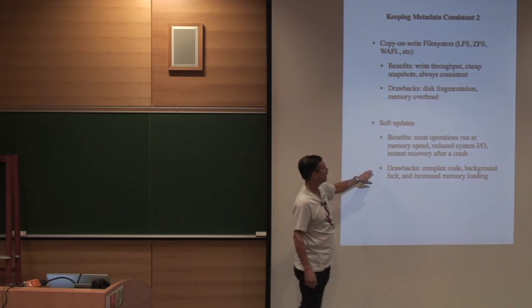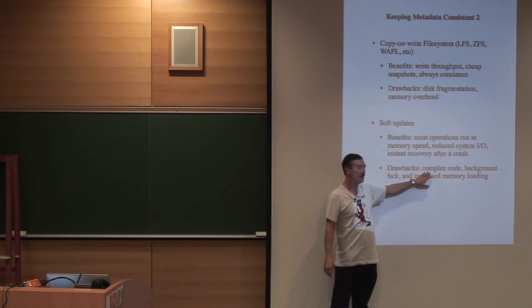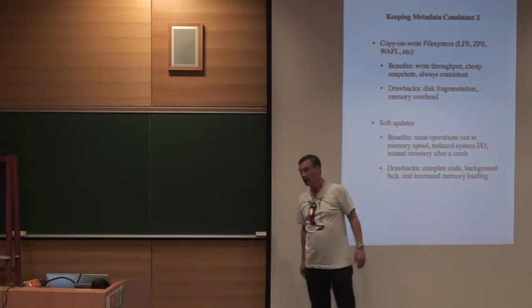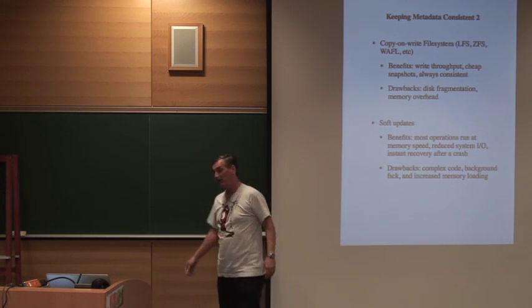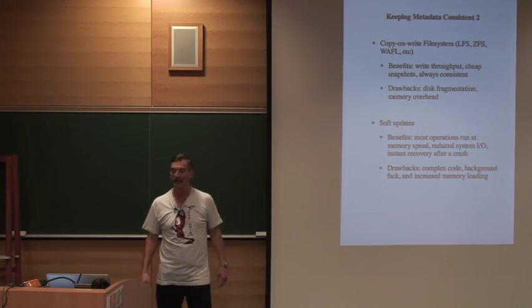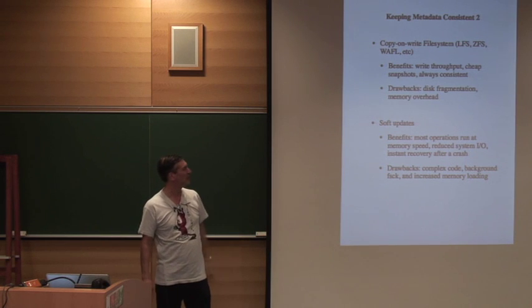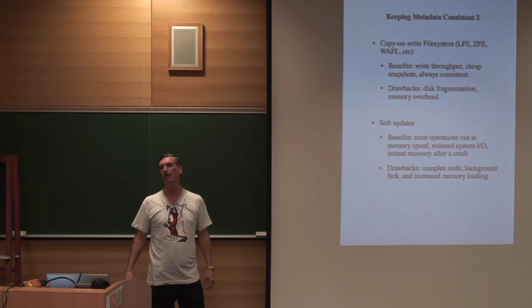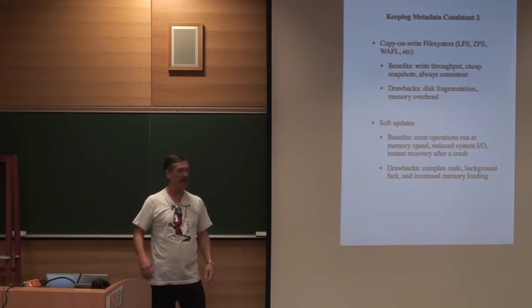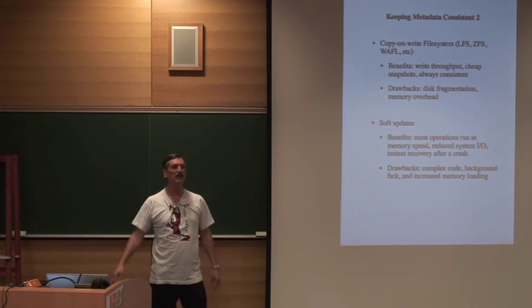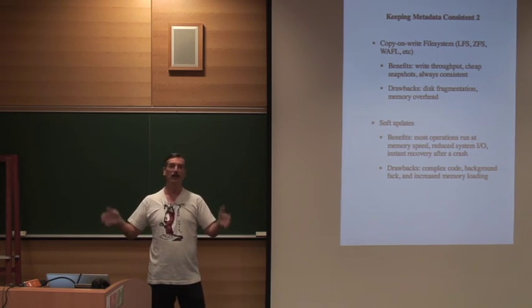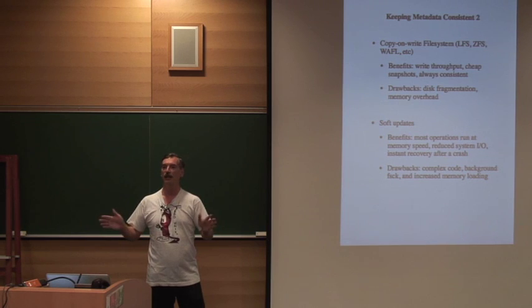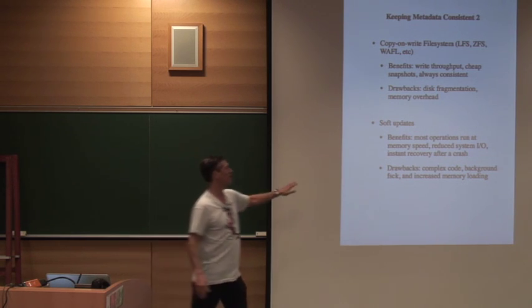So the drawbacks are complex code. This is actually something that I put in a long time ago because it was the most complex piece of code I'd ever written, which was 6,000 lines of all these dependencies. And Jeff was reviewing these slides with me. He goes, what do you mean that's complex code? Journaling's worse than that. And I said, oh, come on. Journaling can't possibly be worse than that. And so we pulled up, admittedly a bad example, but XFS and looked at their journaling code. And the journaling code in XFS is 20,000 lines of code. So now I don't feel so bad. In fact, I might even take